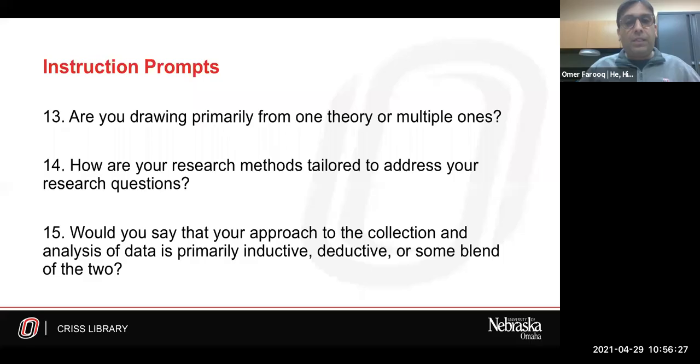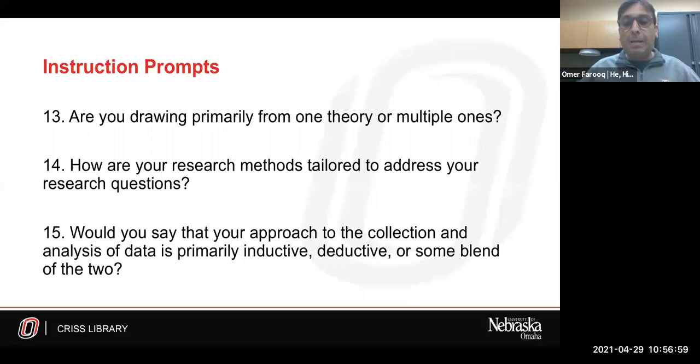Number 13 highlights that critical aspect of having a strong theoretical foundation to developing a research proposal. This highlights what theories guide your work, what arguments will you make for using a particular theoretical framework that guides your research, and most importantly, why should we have a theoretical foundation to any research? So what's the purpose of theory?